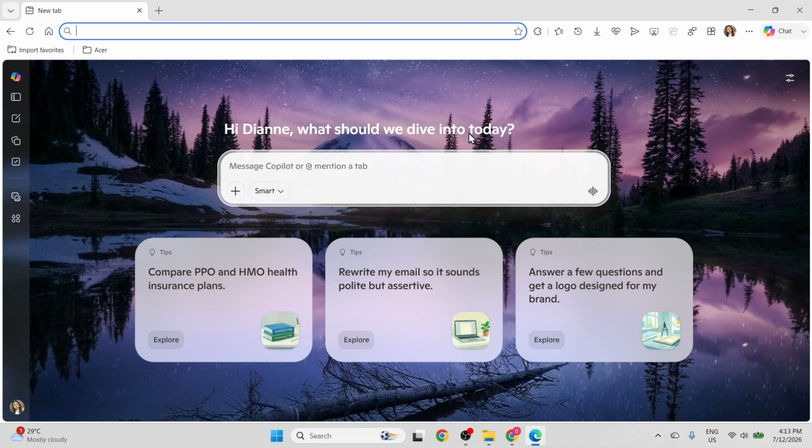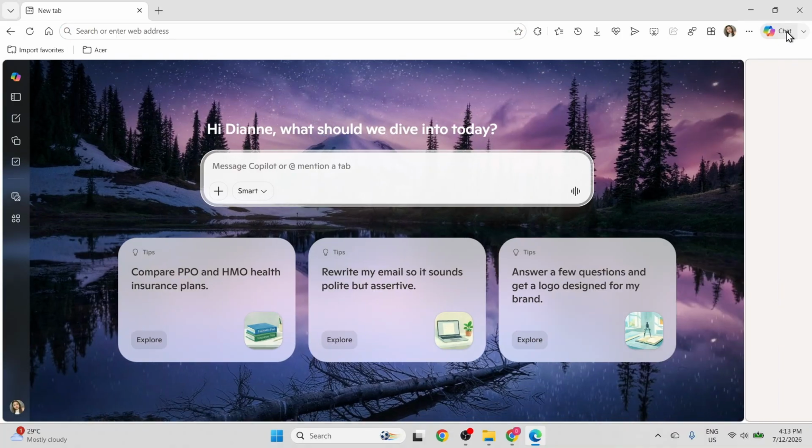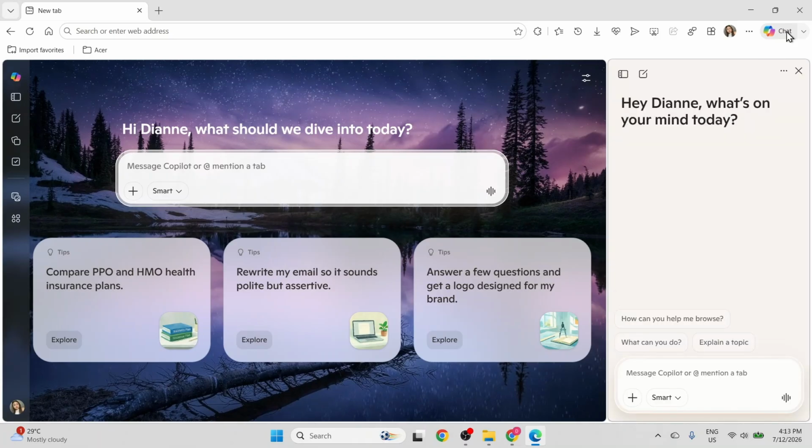In this video, I will be showing you how to access Copilot from the Edge address bar. Let's get started. First, I move my mouse cursor to the top right corner of the browser window and click on the Copilot icon. A side panel opens on the right side of the screen displaying the Copilot Assistant window,